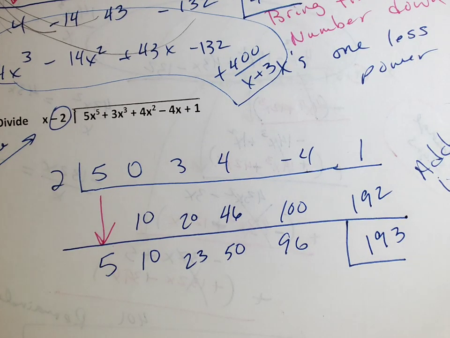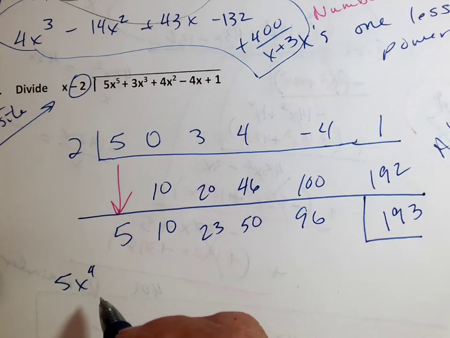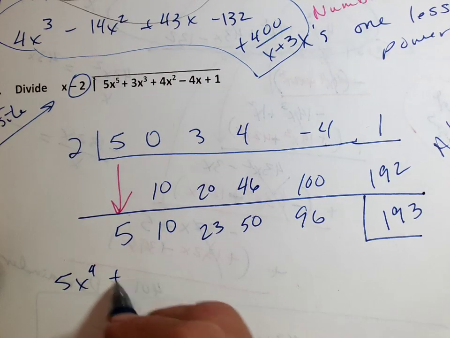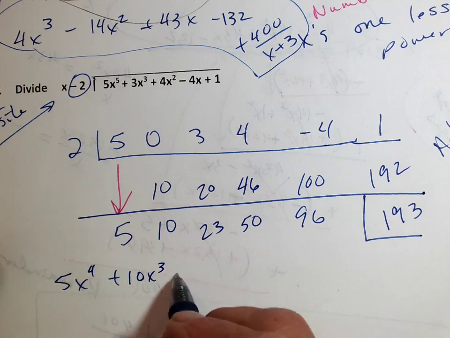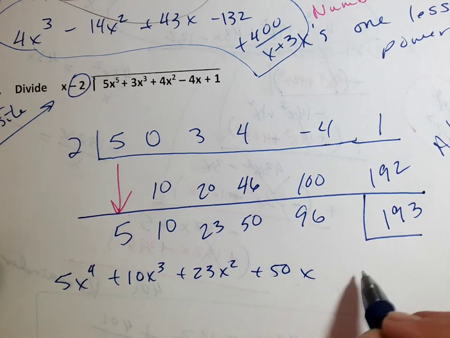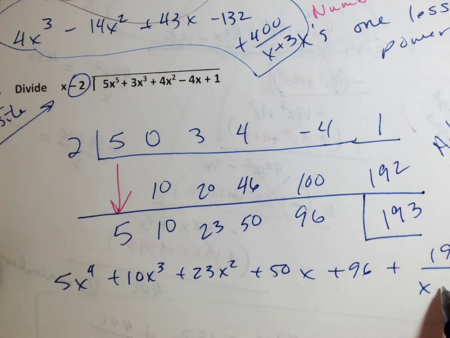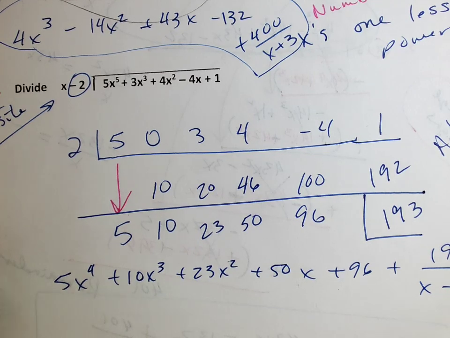Now, my answer, what's my answer? Let's bring the x's back. The x's were invisible, so let's bring them back. My answer is 5x to the fourth plus 10x cubed plus 23x squared plus 50x plus 96 plus my 193 over what I divided by, which is my x minus 2. Okay. Now,